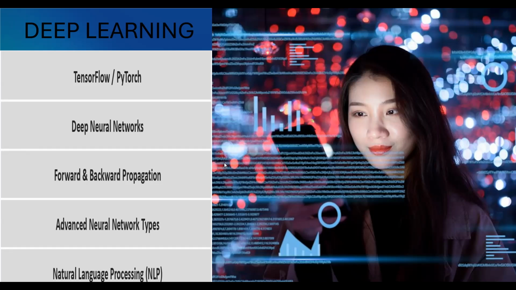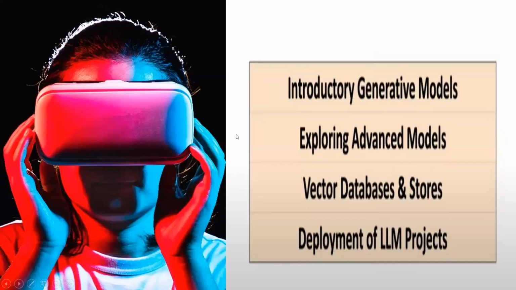After that, we are going with deep neural networks. In deep neural networks, we'll explore forward and backward propagation, and we are going with activation functions, loss functions, optimizers, and different types of optimizers. We'll discuss all this. We have different types of activation functions, like sigmoid and tanh function. All this we'll discuss. Understand? After this, we are going with an introduction to generative models.